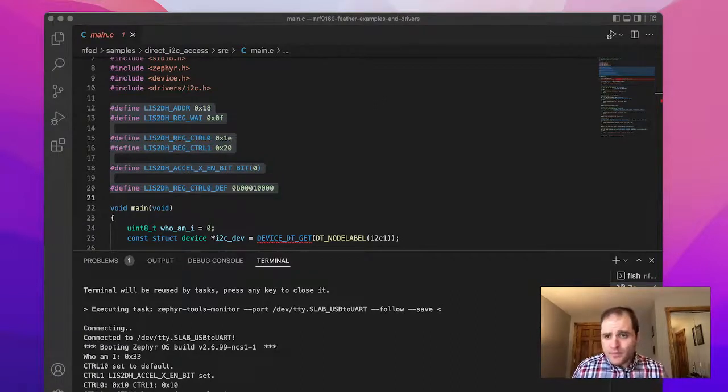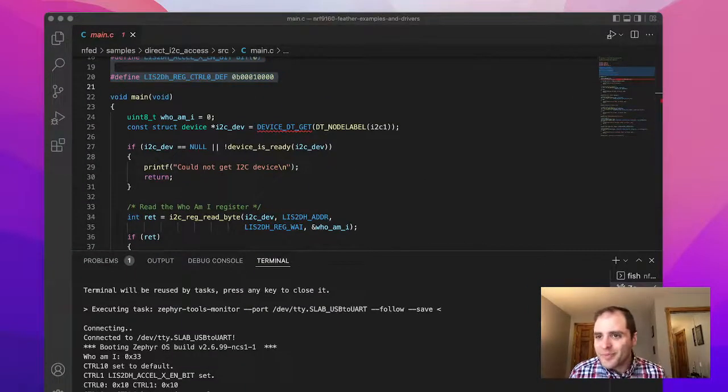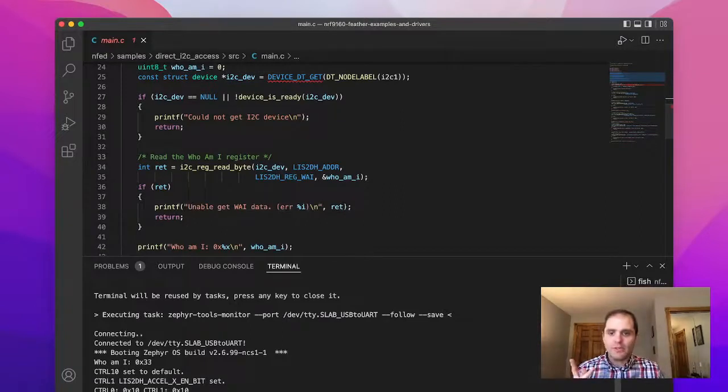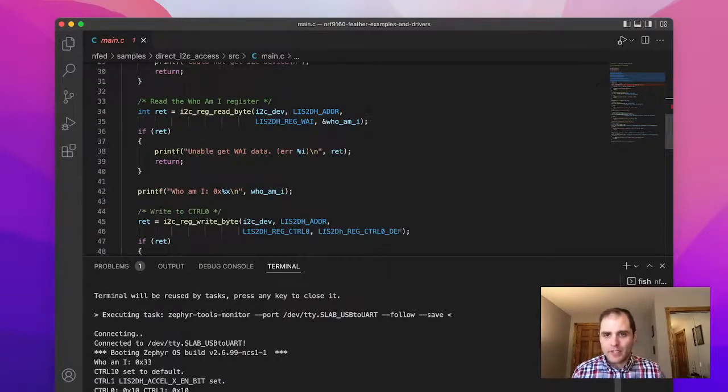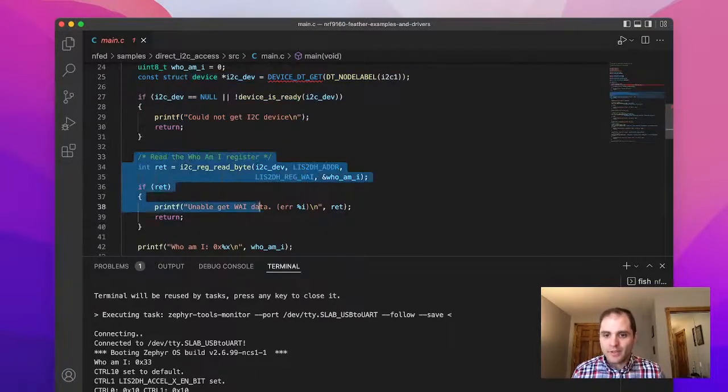In this case, I was just keeping it right here for usefulness and convenience. And then if you scroll down here, you can see getting the WHO_AM_I register, which Mike pointed out, yes, it is 0x33. So we're getting the device first, or just checking for errors, making sure it's good. Reading the WHO_AM_I register. So we're checking the device here, checking the WHO_AM_I register here, printing it out,